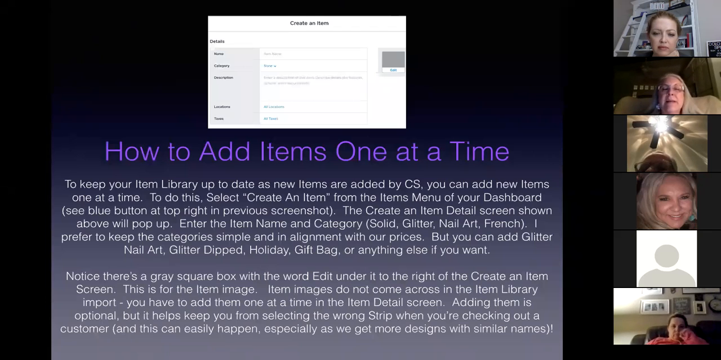and that would be in the previous screenshot. The Create an Item Detail screen shown above then will pop up. Enter the item name and category, whether it's a solid, glitter, nail art, French, whatever. I prefer to keep the categories simple and in alignment with our prices. I know that now we are getting, again, this is going to be an opinion thing, nail art or glitter nail art, and glitter dipped, and all kinds of different things. But I prefer to kind of keep things simple and in line with the prices,